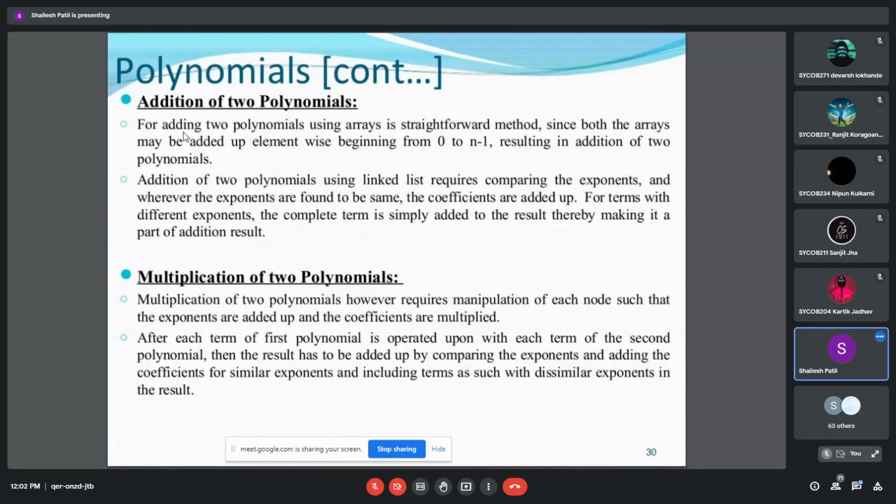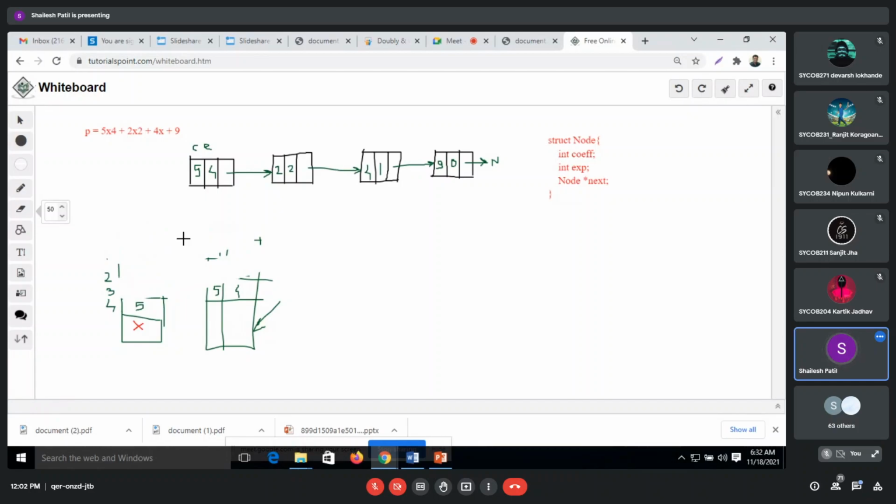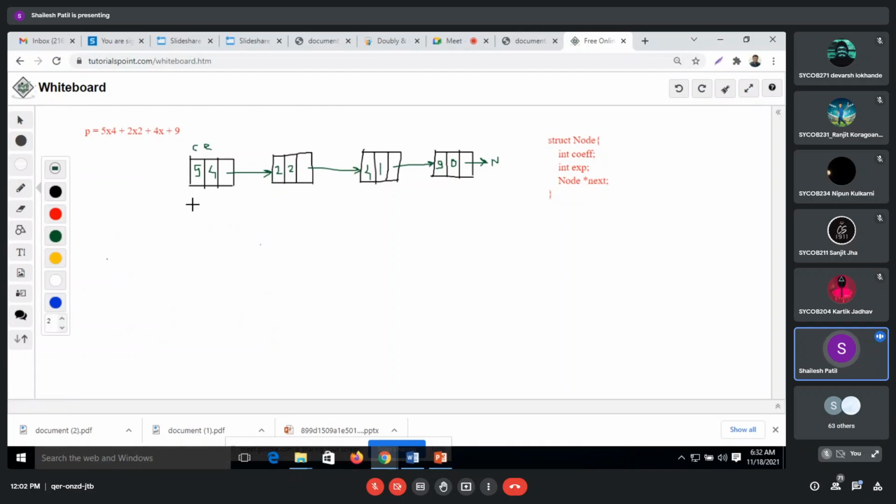Now we'll see how this linked list approach is beneficial for addition or multiplication of two polynomials. Suppose we take two polynomials.